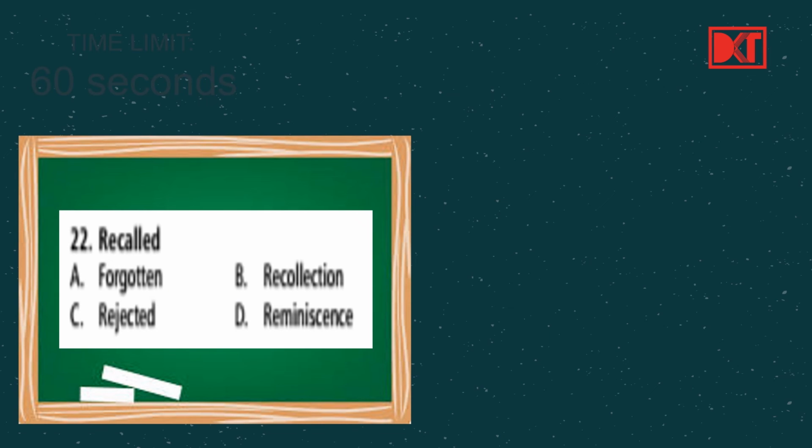Alright, now the next word is recalled. Here the options are A. Forgotten, B. Recollection, C. Rejected, and D. Reminiscence. Now here the antonym of recalled is forgotten. Now recalled means जिस किसी को याद करना, like when I ask you to recall a memory of you playing